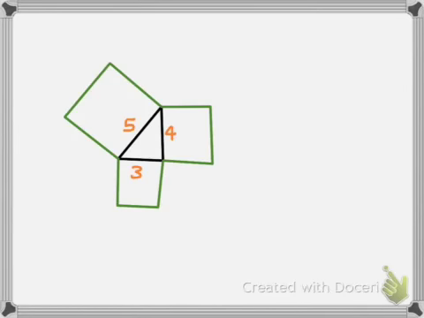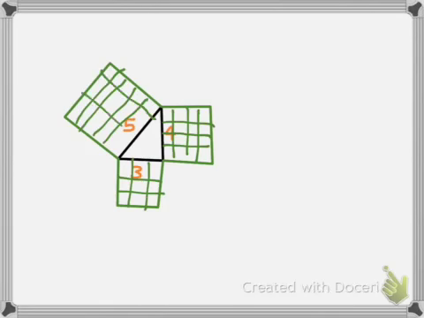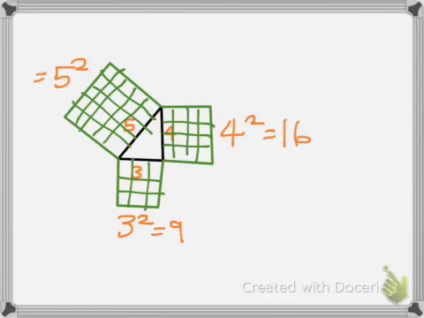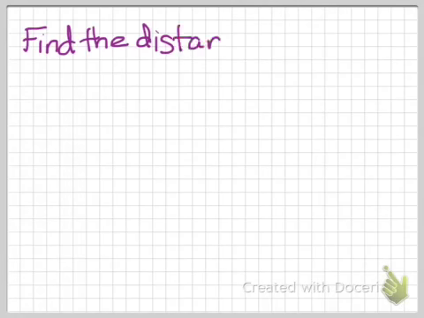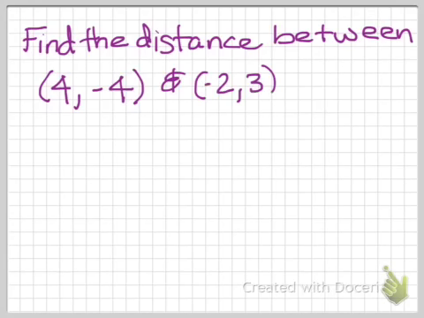Okay, you can see from my badly drawn diagram that this is the Pythagorean theorem, which basically states if you have a right triangle, the sides of the triangle squared are going to equal the hypotenuse squared. So 4 squared plus 3 squared is going to equal 25, or 5 squared, which is 25. A squared plus B squared equals C squared. So we're going to use the Pythagorean theorem today as we discover what the distance formula is and find the